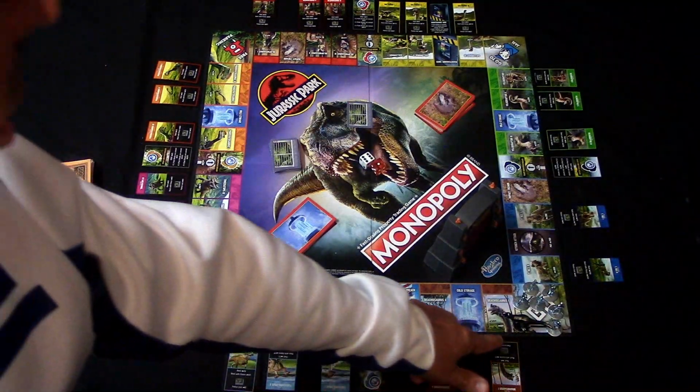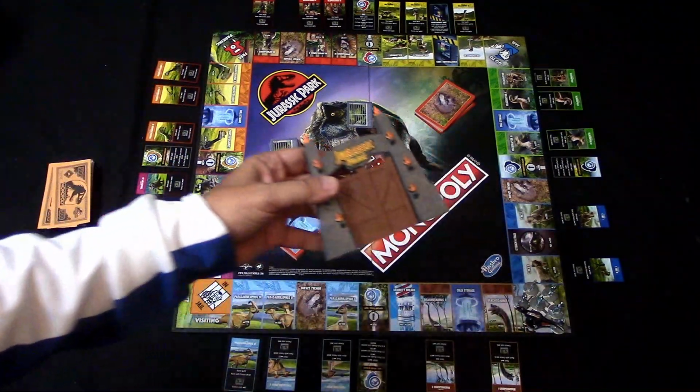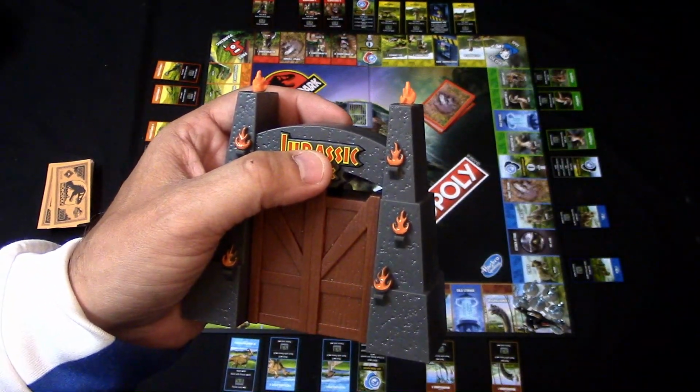Some of the spaces here on the board, anytime you land on or pass go, you're going to collect money, and the money you're going to get depends on what happens when you press this button. You're going to hit the button here on the entrance. If you hear this,